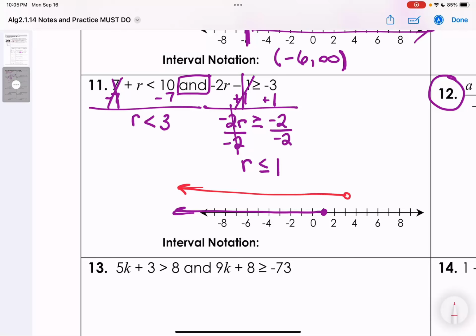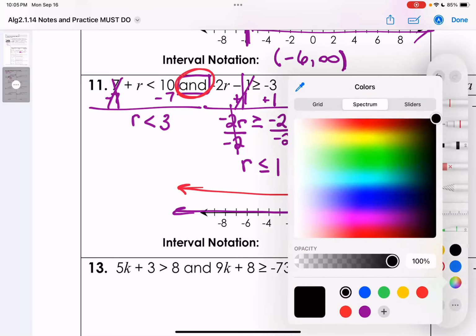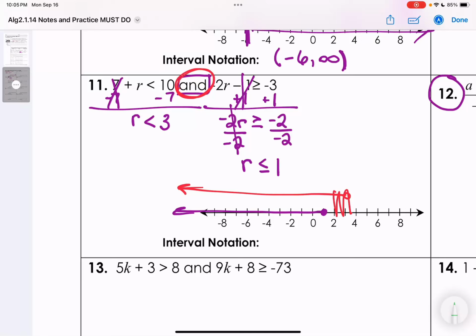Since this is and, though, those both have to be true. And it's not true through this part. So only the purple part is what's going to be true. So the r less than 3 is what we're looking for. Just the purple parts. So putting this in interval notation,